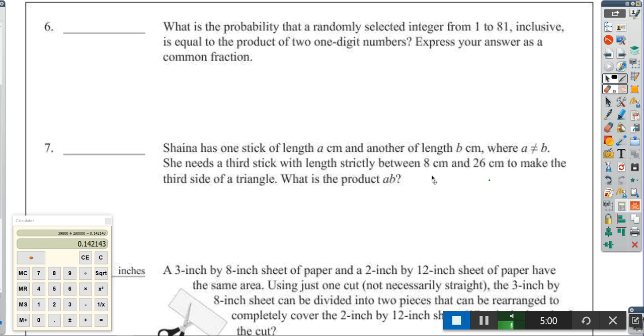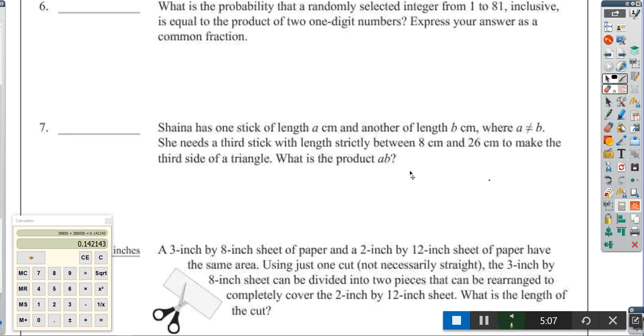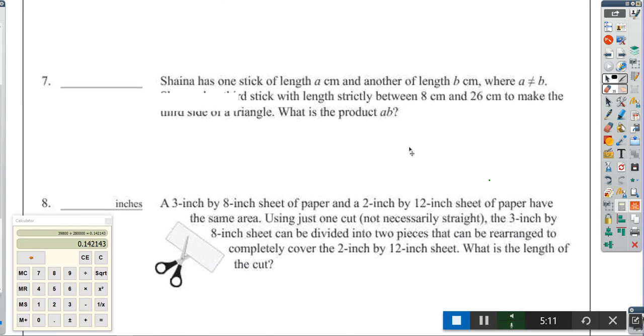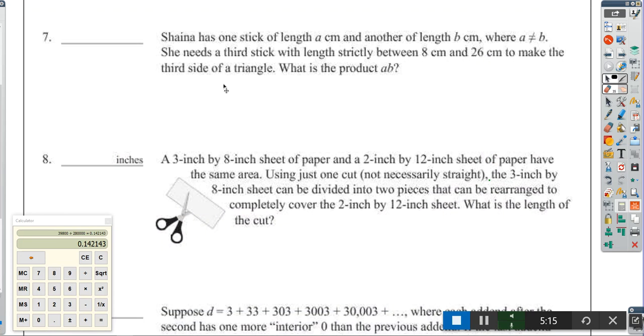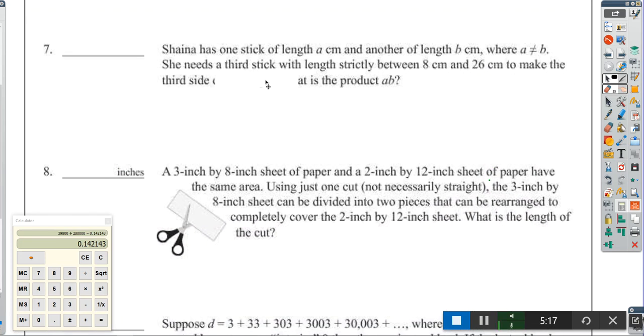Otherwise, it's not going to make a triangle. It's just going to be a straight line and you can't connect. So if I have the small stick and the long stick,